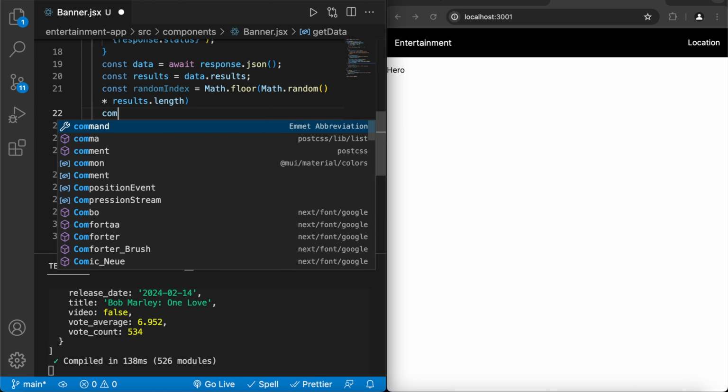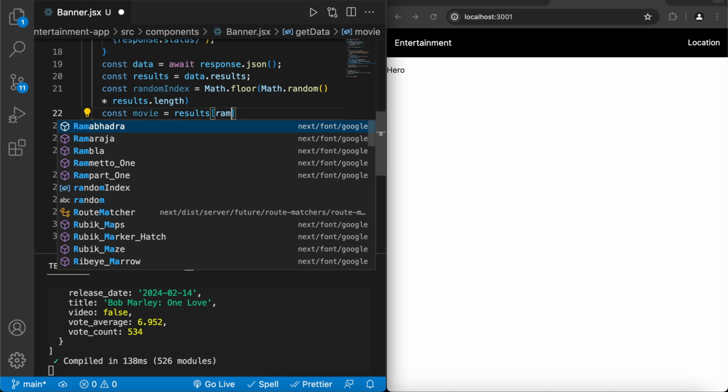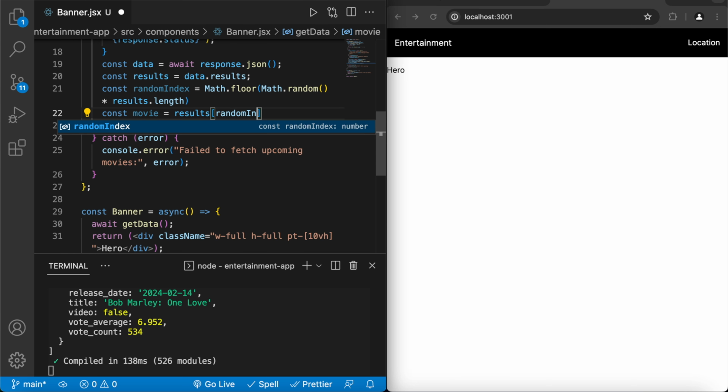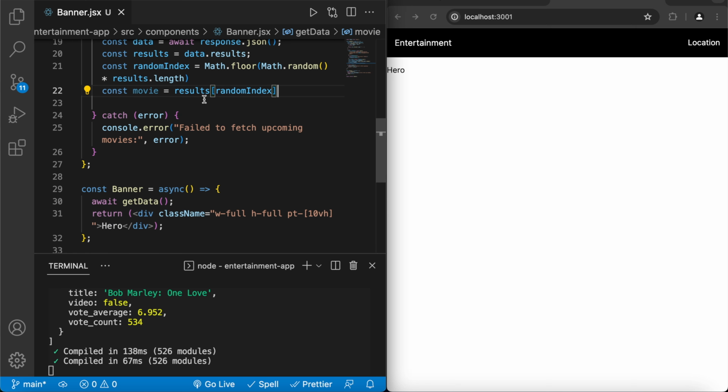Now if we say const movie, we can now say results, and then we can say random. So we're going to be picking a random index. We're not picking a specific item, we're just randomizing it. So now this movie has a random index. So how do we now use these